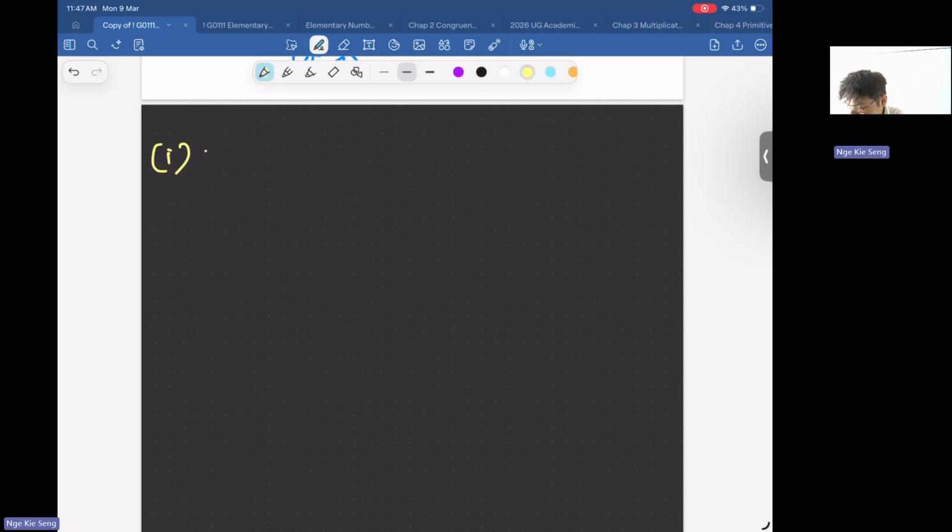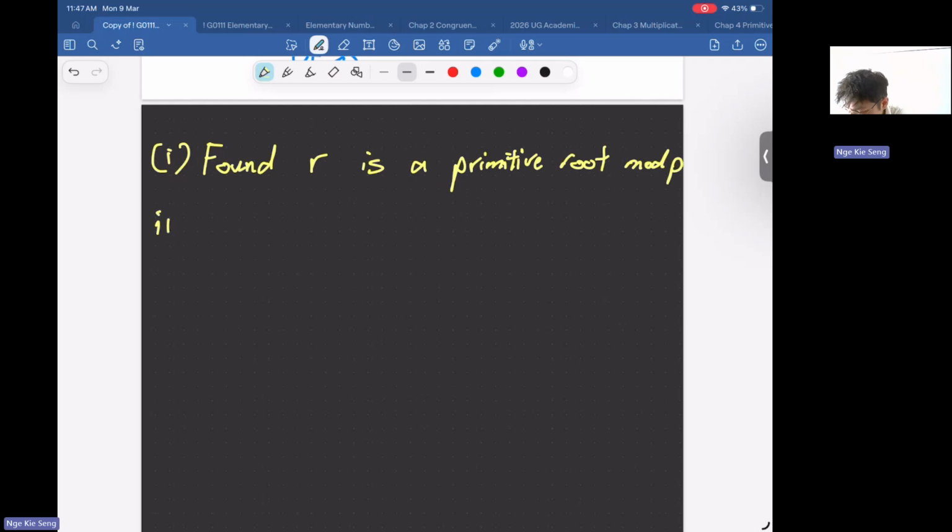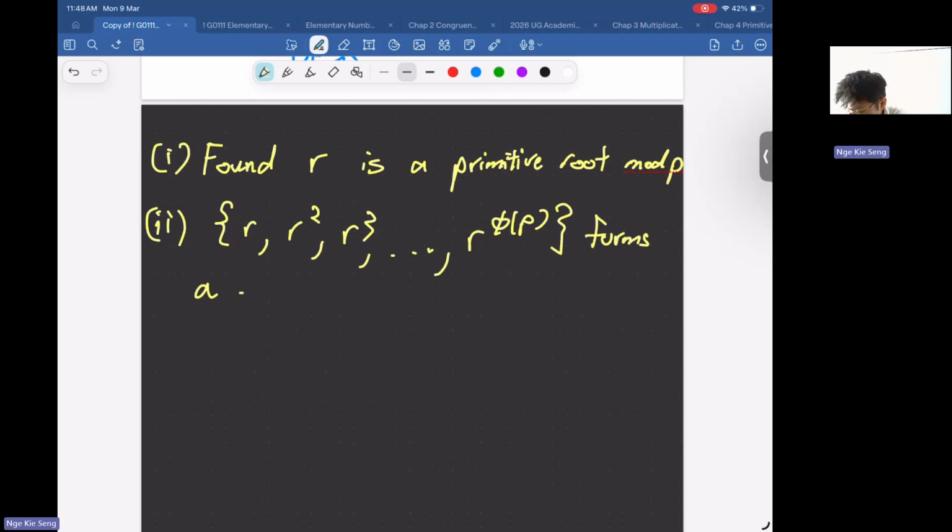So we found A is not a good variable, so let's put R is a primitive root mod P. Okay. Second, R to the 1, R to the 2, R to the 3, blah blah blah, up to R to the 5P should form a reduced